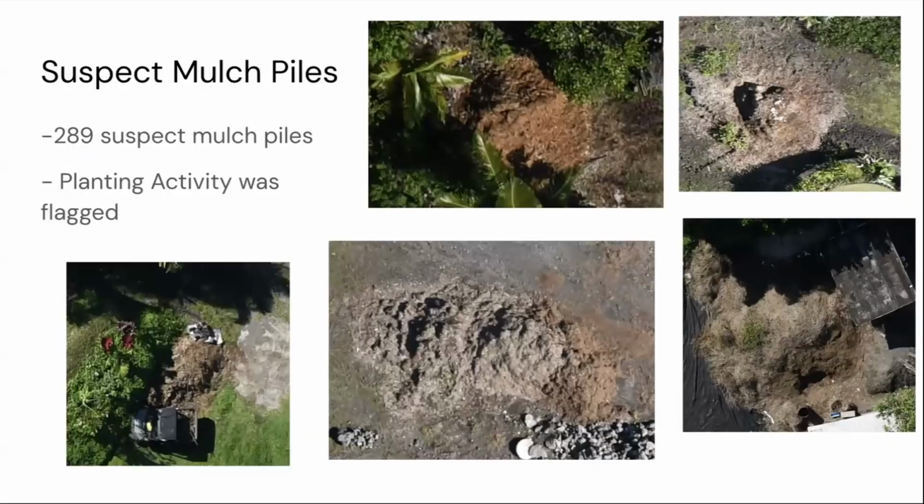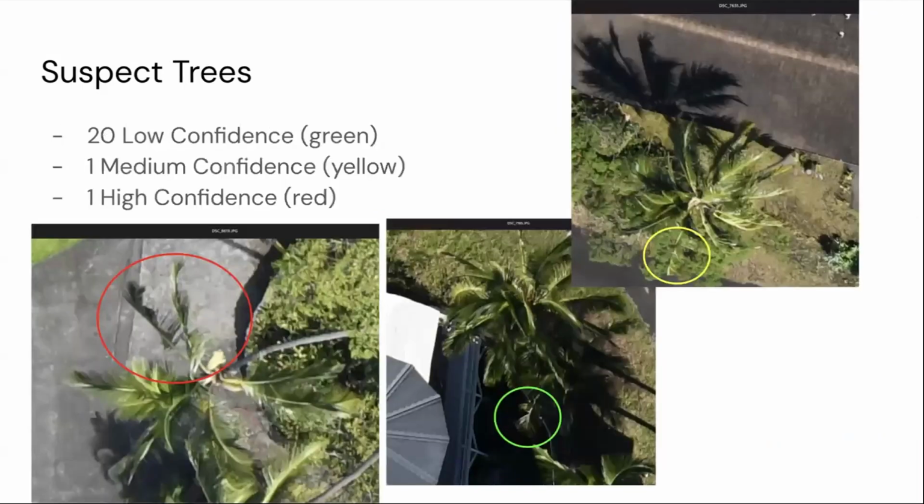So from that, these are the suspect mulch piles. There were 289 suspect mulch piles, and we also flagged anything that looked like planting activity that would use stuff like mulch, like this in the left image, where you can see a side by side and they're scooping up dirt or mulch, probably for planting. For the suspect trees, we flagged 20 low confidence trees, which is something like this circle in the green,